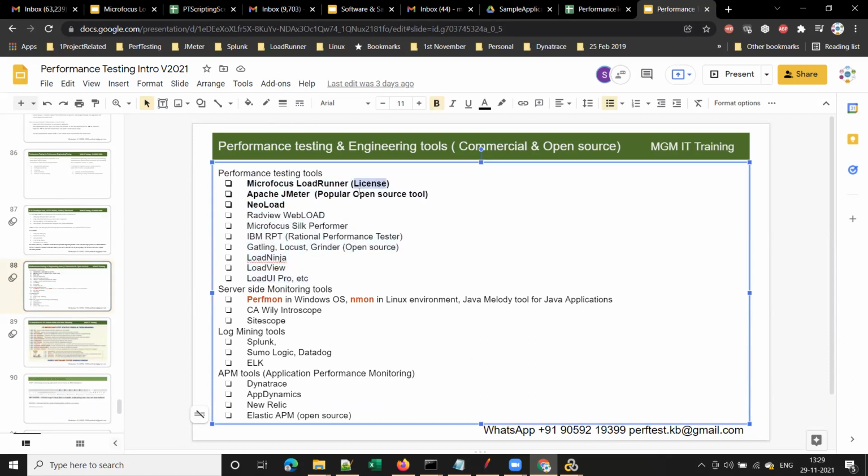This is a licensed tool, and the license cost is a bit high because it has a lot of features and is the most powerful and evolved tool. It also has 50% of the market share, meaning 50% of projects still use LoadRunner, even though there are open source tools like JMeter.